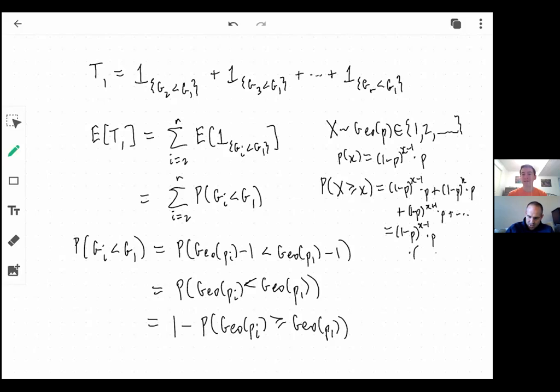And then what's left behind? 1 plus (1 minus p) plus (1 minus p) squared